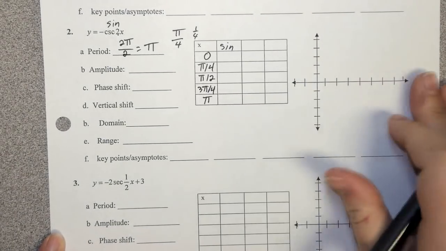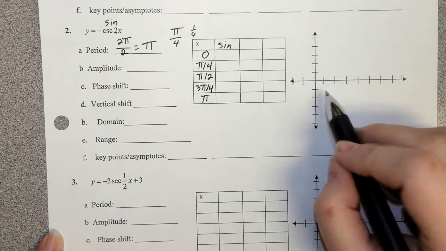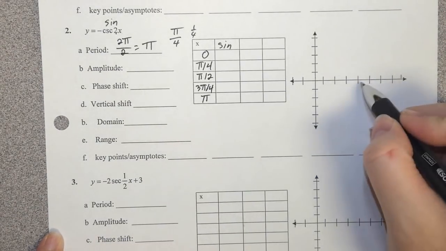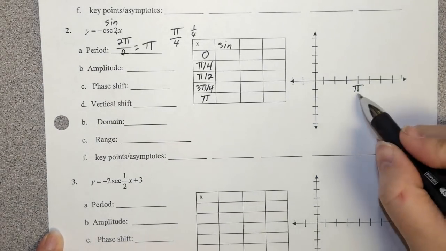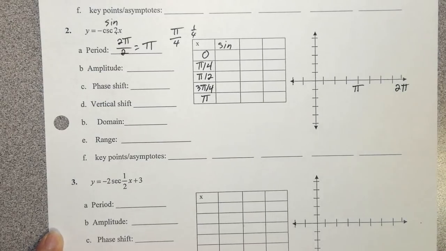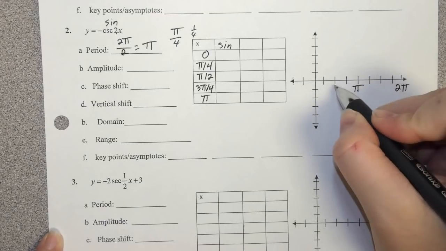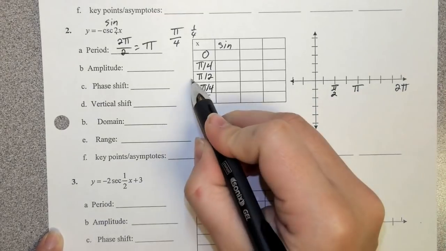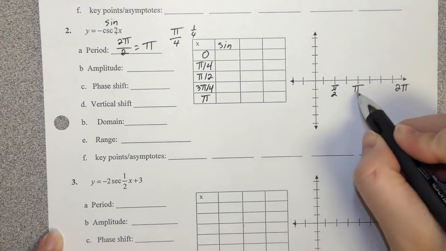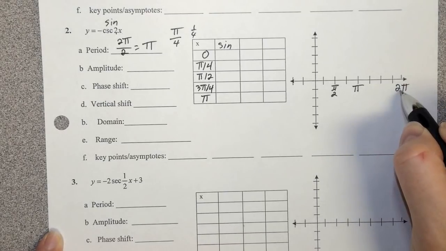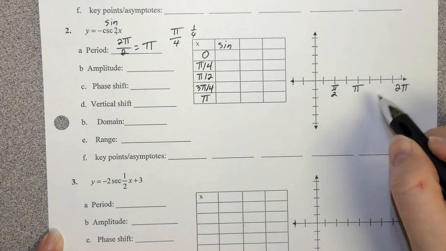So I'm ready to start labeling my axes here. So I'm going from 0 to pi for my first cycle, which means I need to double it for my second cycle. Cool. All right, and then halfway between 0 and pi would be pi over 2. That's going to be this value here. Now, halfway between pi and 2 pi, we might have an idea of what that might be, but if I were having trouble thinking of that,